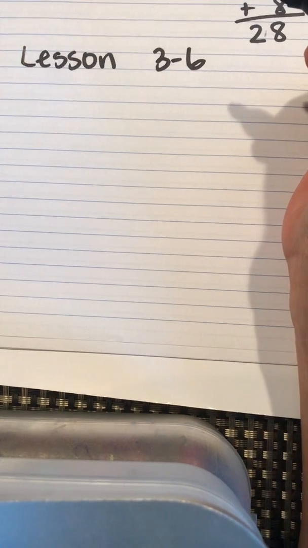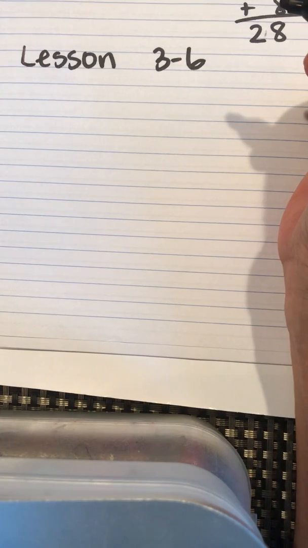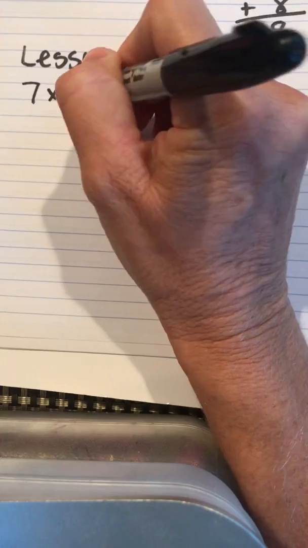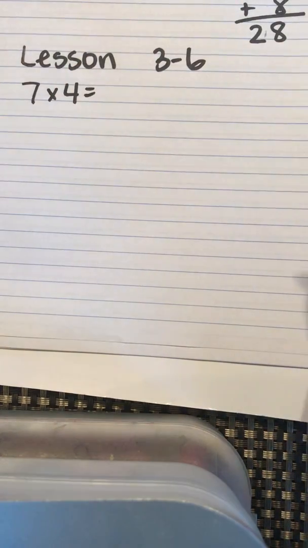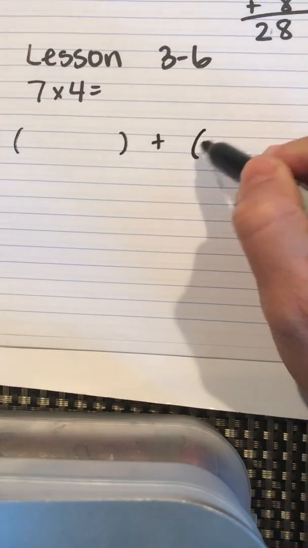Lesson 3-6. This is a review of the distributive property, of how to figure out a multiplication problem when you don't already know the answer. So let's say we have 7 times 4, and we want to break that up. We can use the distributive property, make our parentheses,